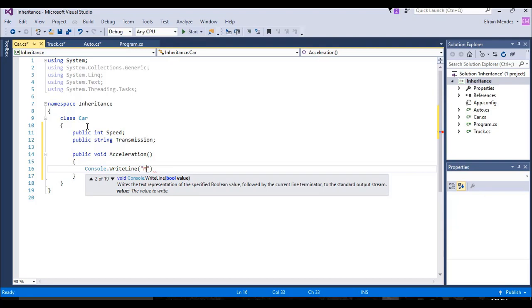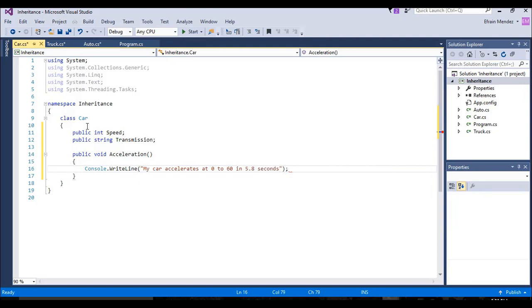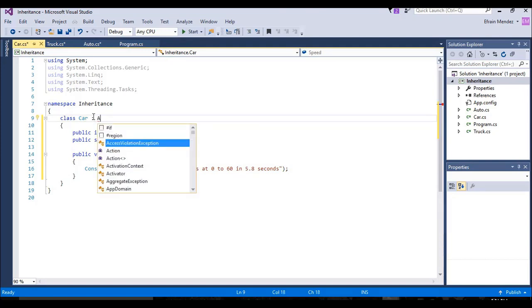I want to print my car accelerates at 0 to 60 in 5.8 seconds. And when I look at this derived class, I notice something. I notice that I forgot to add the colon and auto